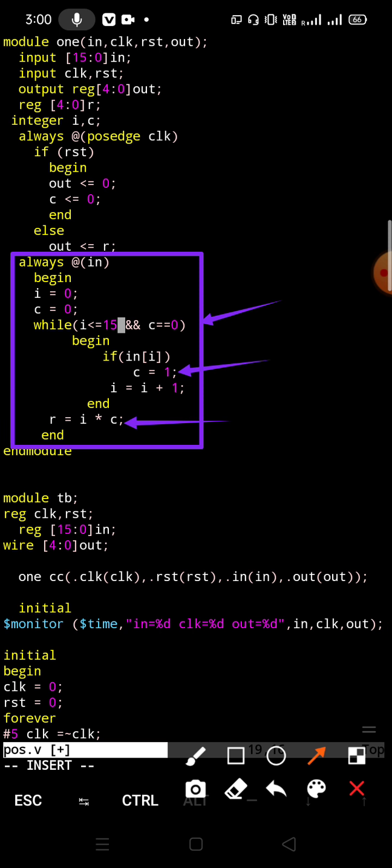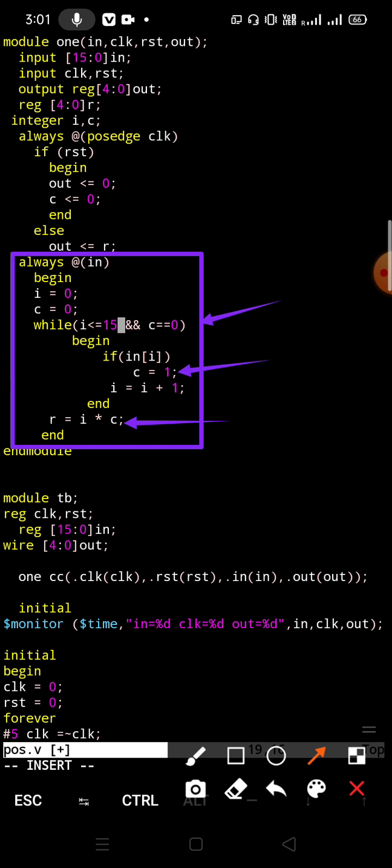Why are we multiplying by C? The reason is that when inside that 16-bit number all bits are 0, in that case our output should be 0. But if we don't use the C variable, our I will increase and become 16, but no ones are there, so the output should be 0.